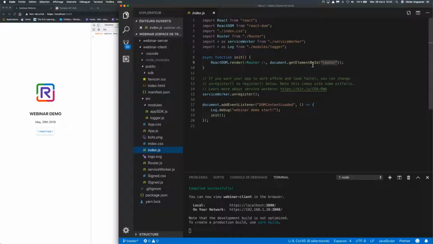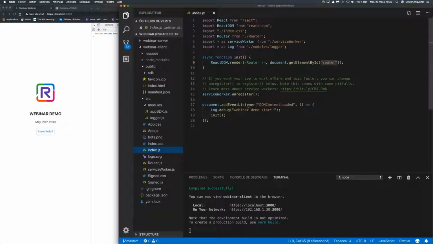The first thing that should be displayed is a router. We are not on the server side, but for a client-side single page application, we have the same possibility to make a router that will help us navigate between different pages.